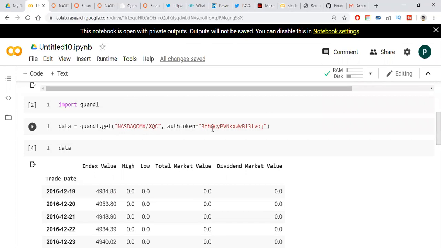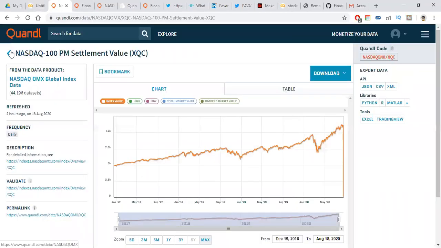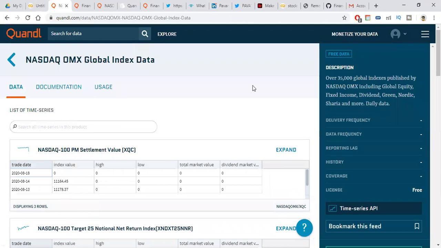If we don't have this token, we can't get this data. This authorization token is what I said about, the API key. Now this is the API key, friends. If you want another data set, please go back. See, this is the Quandl code for this data set.